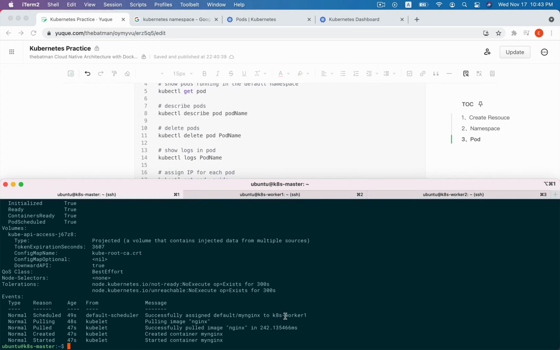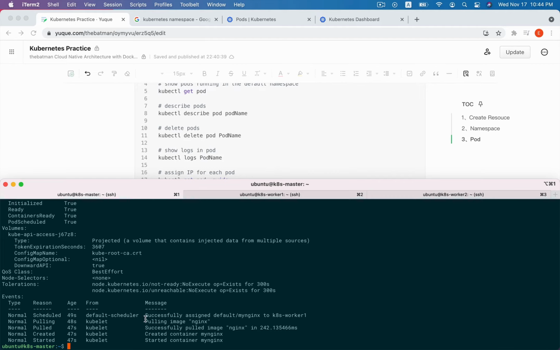So the pod is running on worker1. Then, from the kubelet component, which is responsible for creating, restarting, and stopping the pod,